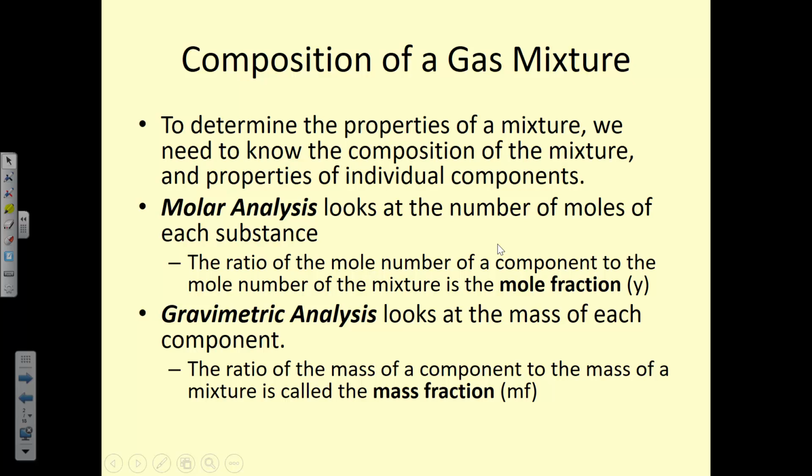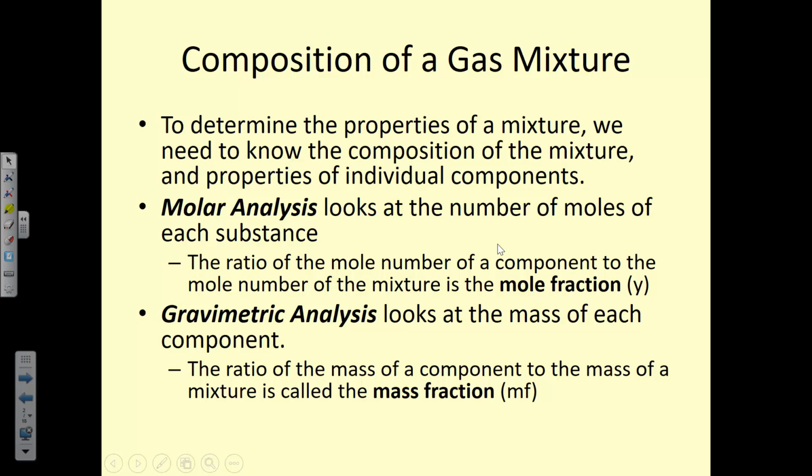And when I say fluid, that's just a generic term for anything flowing through a system. It can be in the gaseous form or in the liquid form. Today we're talking about how to deal with gases of different varying properties. And so in order to determine how our system functions or what happens to this combination of gases within the system, we need to know a few things about it. We need to know the ratios of how much of a certain substance are in there, or perhaps we know the mass of each of those individual components. We need to know a little bit of information. We can't just take unknown gases and figure out necessarily what's happening.